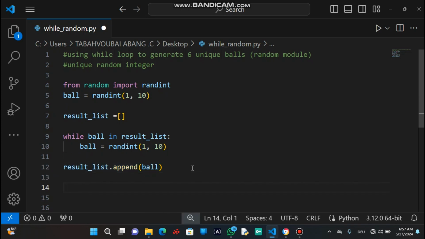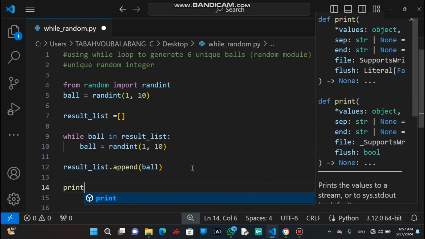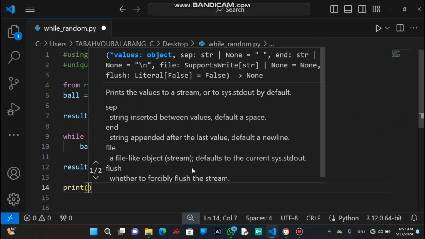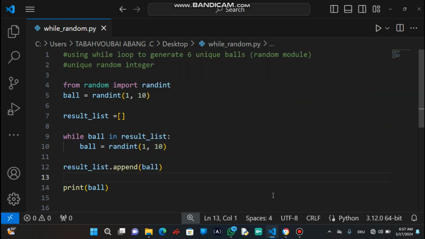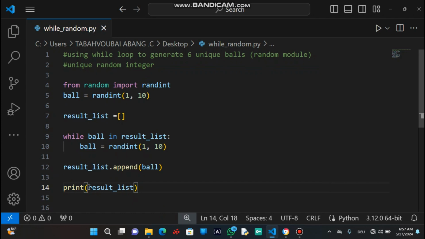So I change that from here. We can print. Not the ball, instead we bring out the result list, because it's our list.